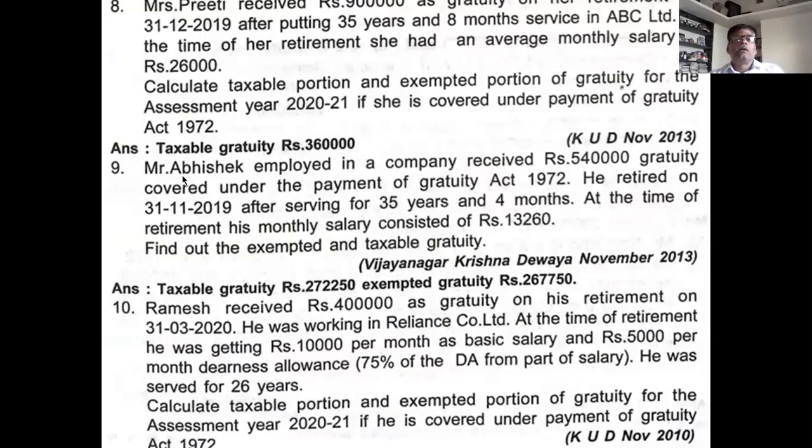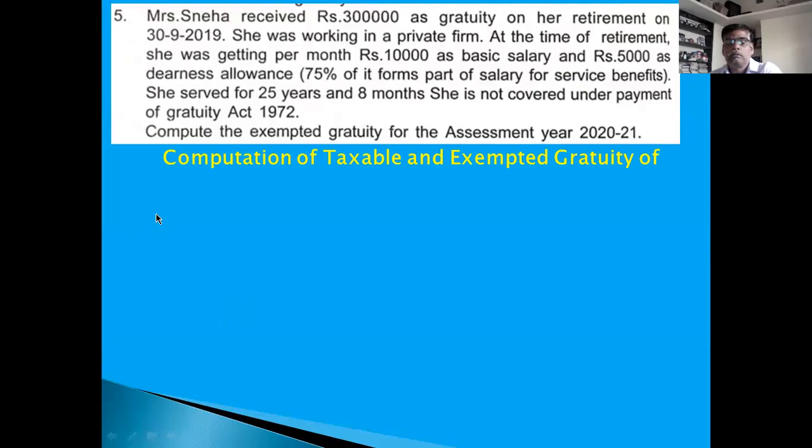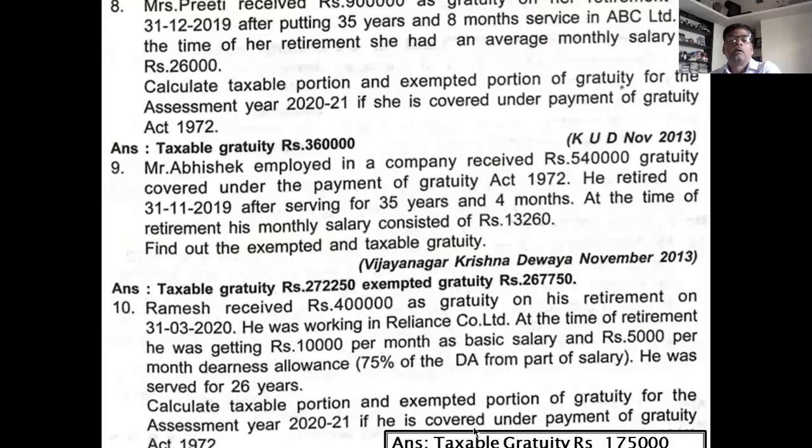Okay. You solve example number 10 up to 10. Example number 10 answer is 1,75,000. It is given at the last. You see this. Okay. You solve the problem. One by one, you solve the